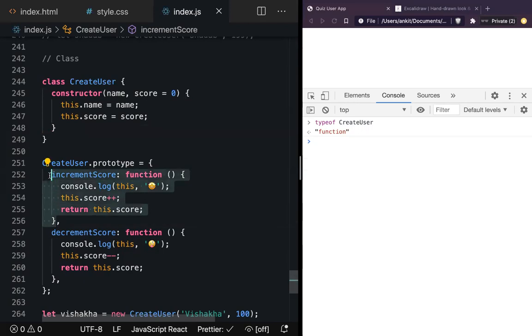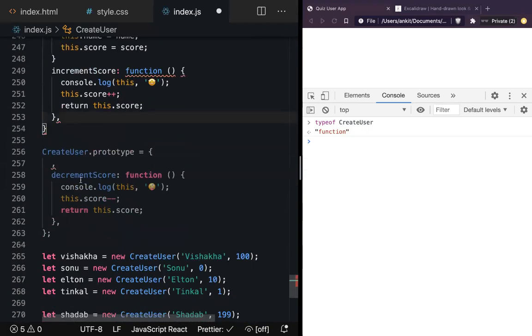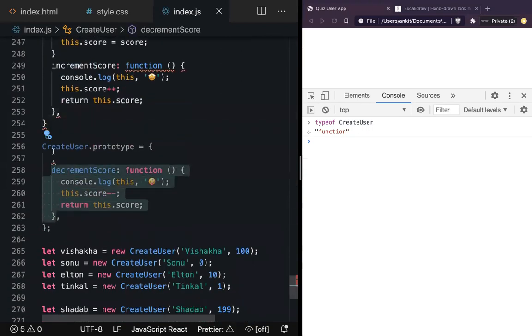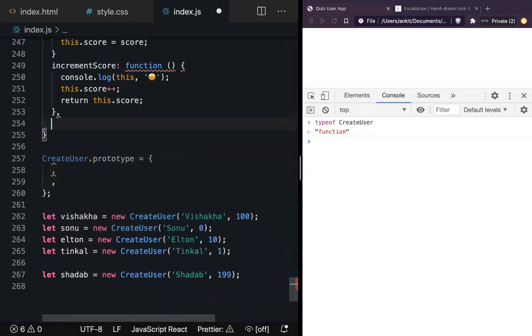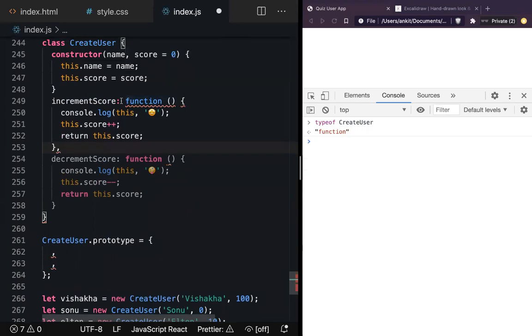Now what you can do is move this here, and move this here. You don't have to put a comma. So here I'm saying increment is going to be a function.